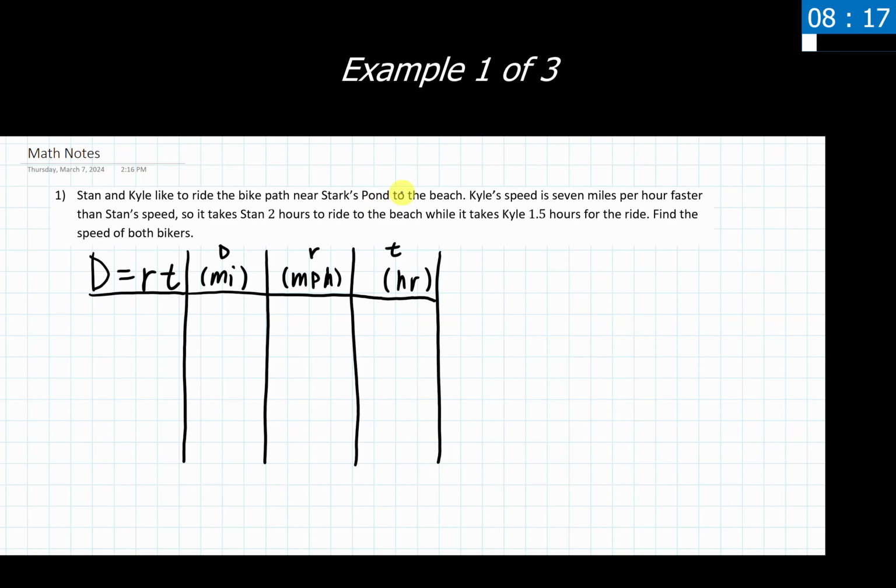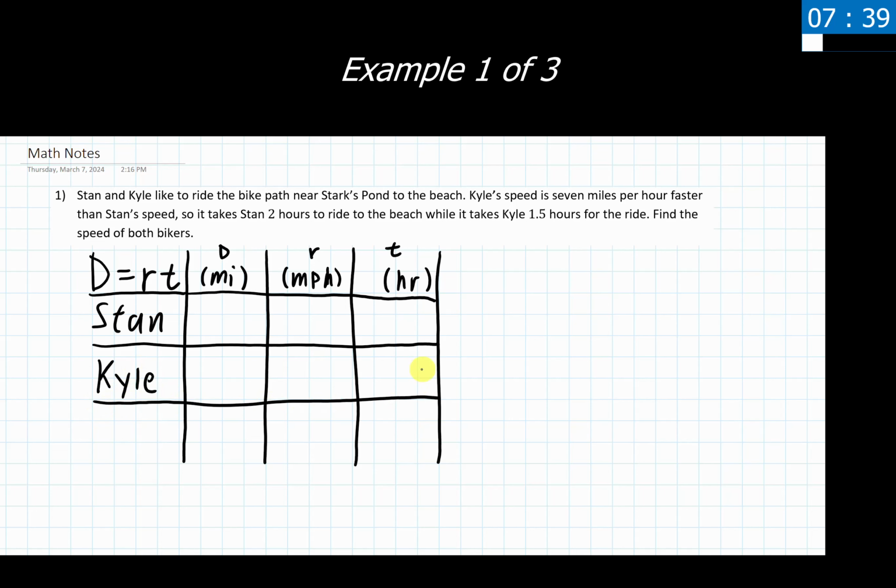Now, with all of these problems that we are going to be seeing for our specific class, we have 2 sets of information with distance, rate, and time that are guaranteed in the problem. In this case, one of those sets of information corresponds with Stan, and the other set of information corresponds with Kyle. So I'm going to write in each of them here off to the side, so I'm going to have 2 rows showing up in this table as well. So I'll have some information regarding Stan, his distance, rate, and time, and I have information pertaining to Kyle and his distance, rate, and time.